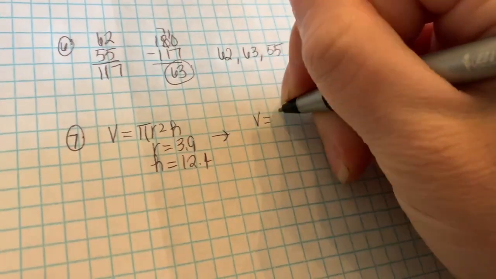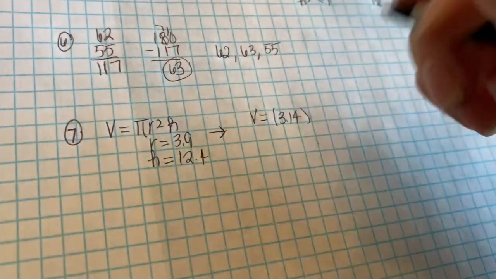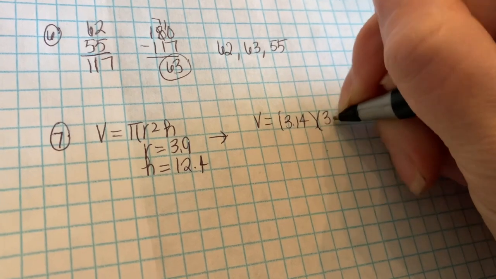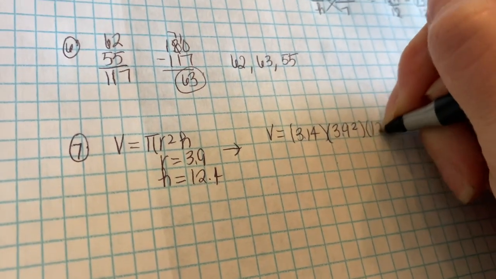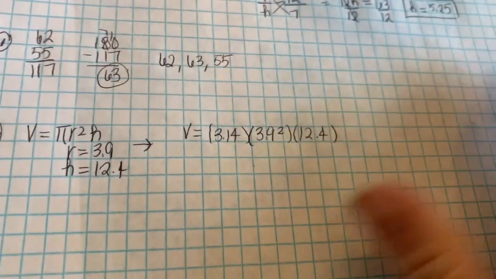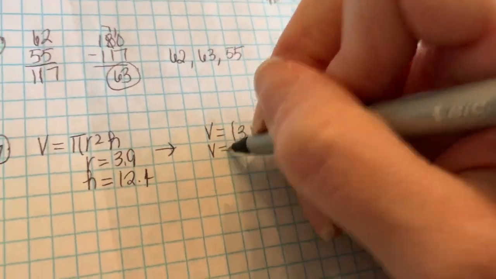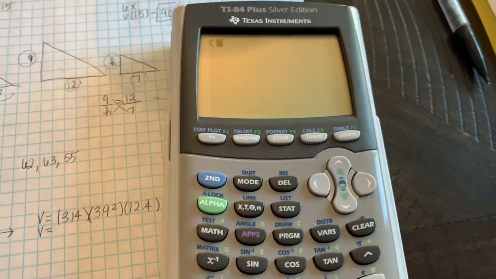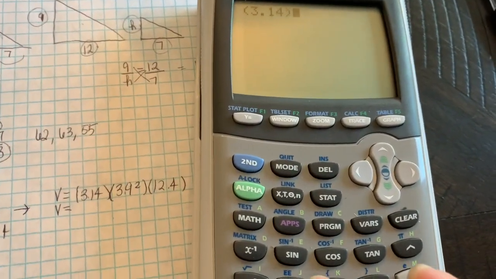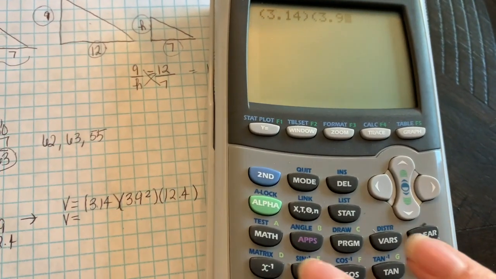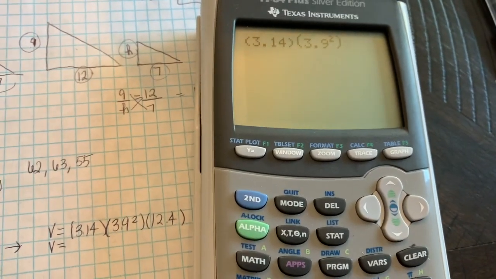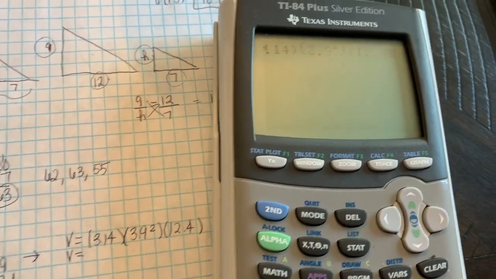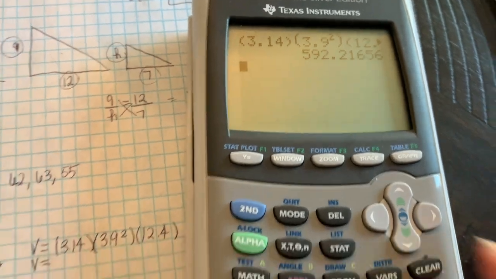The volume is equal to pi is 3.14 times the radius, which is 3.9 squared, times 12.4. And we're going to plug everything in the calculator all at once using parentheses. 3.14 times 3.9 squared times 12.4 equals, and we get